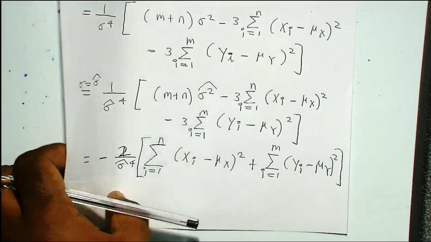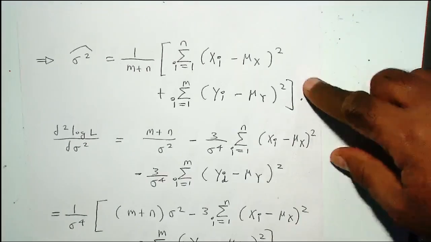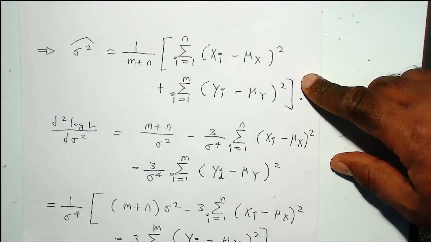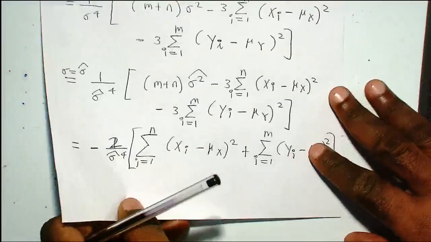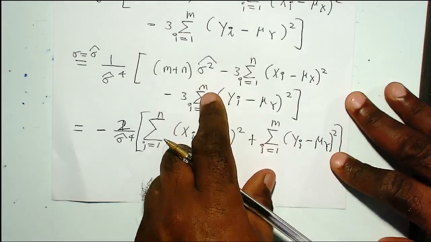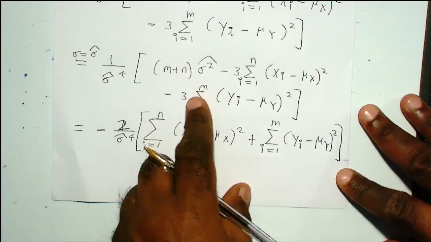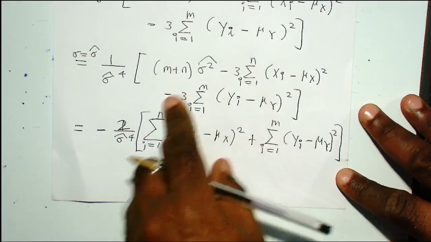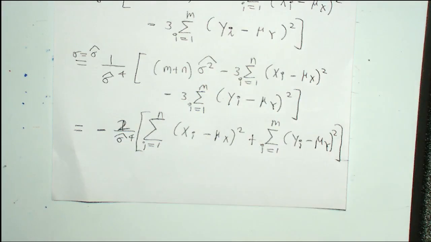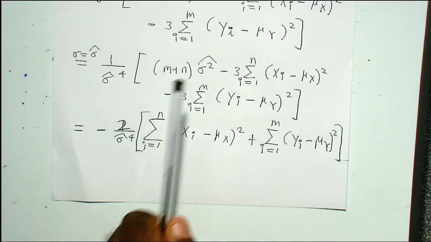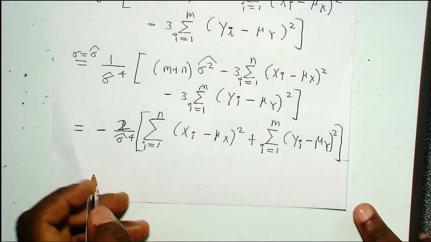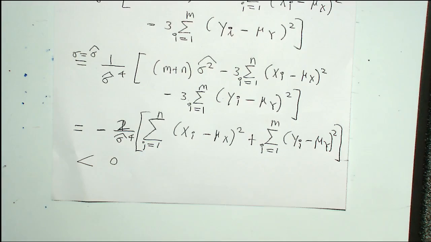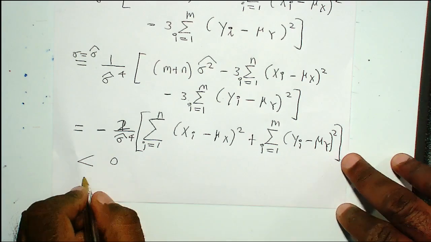Because look, this is the estimator for sigma squared hat. Now what I've done is to sub this into this. If you sub this into this, you get exactly the same as this without the 3. So it is 1 minus 3, which is minus 2. And this is a negative number, and hence